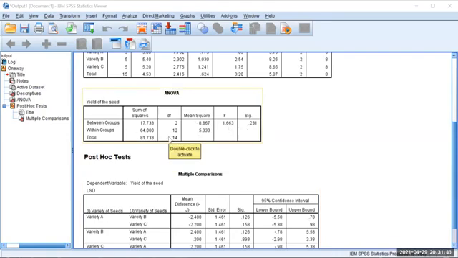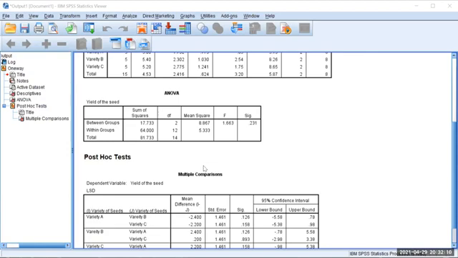When you are working out ANOVA data with the ANOVA formulas, you will get the sum of squares. There are two different formulas, between the group and within the group. Between the group means there are three different groups, variety A and variety B and so on.